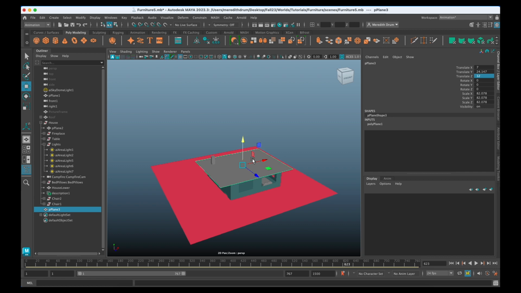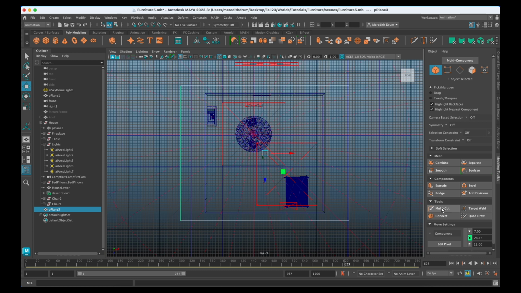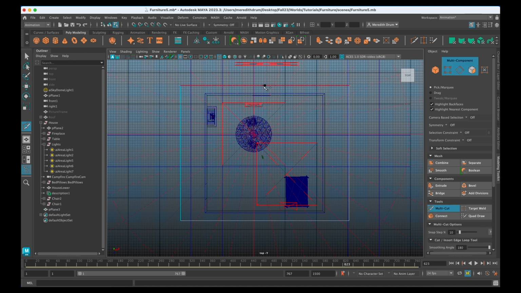And let's add one cut to this. So I'm just going to look at it from above. I'm going to open my modeling tools, get the multi-cut. And remember, if you hit Control, on a Mac I think it might be Command, it'll give you the edge loop tool, so it'll go all the way across. And if you hit Shift, it'll give you increments. So hopefully you can see that it says 50% up there.